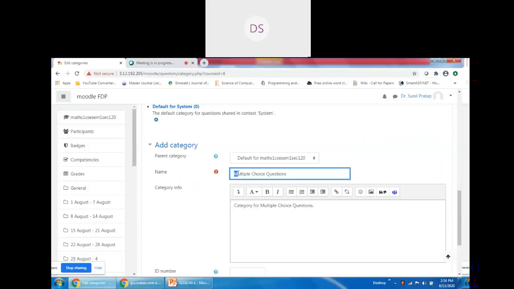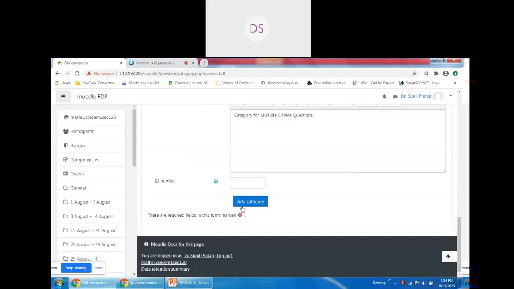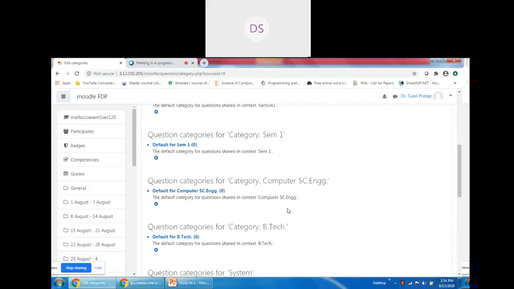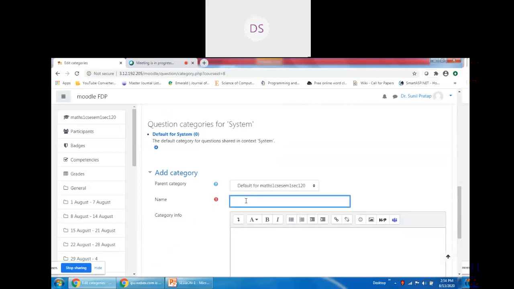Under this category, we may add as large or small a number of questions of multiple choice nature as we want. So, adding this category. You can see it under this Math CS1 semester course. I want to add one more category, that is true false questions.